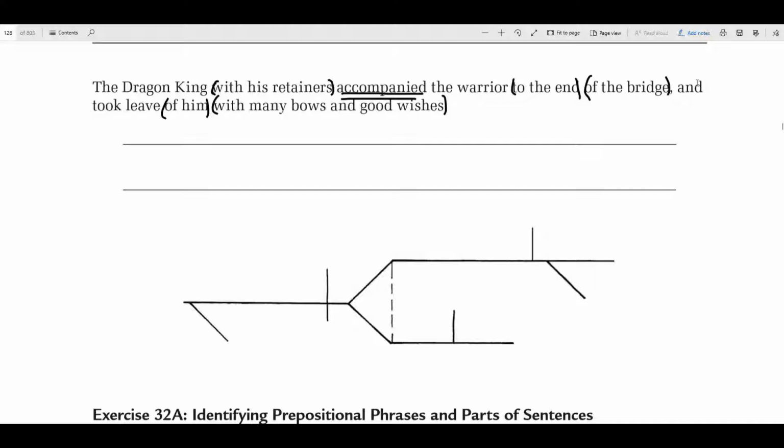Here's our conjunction, so it means we probably have another verb. And took. Okay, who or what accompanied and took? Okay, I'm going to, well, we'll say king. Actually, I guess we better say Dragon King. Now let's see if there's indirect objects, because accompanied and took